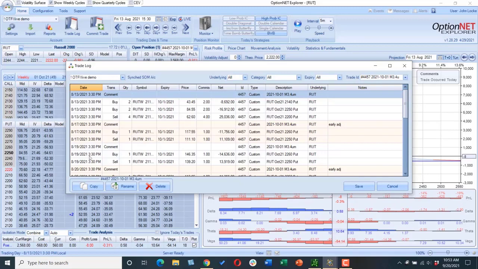One of the big things we get asked in backtesting, for example, is, hey, I can't get the same prices I get in OptionNet Explorer, or I get this slippage thing, which is a bunch of garbage. In reality, sometimes you're going to do better than what you would if you just randomly converted it in OptionNet Explorer. Sometimes you're going to do worse. I like to track that with myself. That way, if I do something in the backtester, I understand what kind of real live results I can expect for profit and loss numbers and so forth. So it gives me an idea of that.